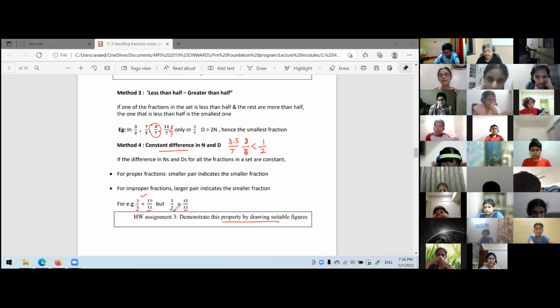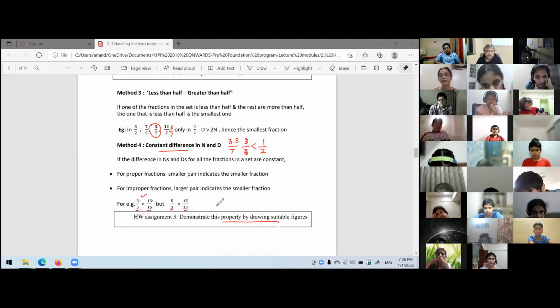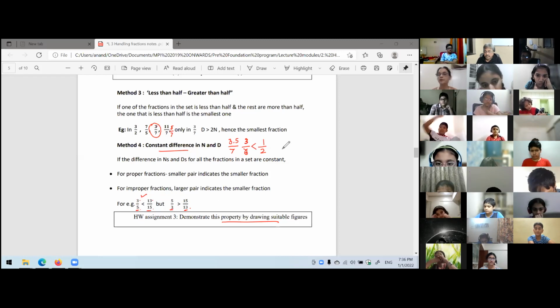Make 3 parts, same size, take 5. Make 13 parts, same size, take 15. 2 strips I will need here, 2 strips I will need. And see which is bigger. Eka पुढे एक लावून बघा, कुठचं मोठं होतं, कुठचं छोटं होतं. Okay? When you play like this, you will put all these things in your mind in a much better way, and your journey ahead will become very, very interesting and fast.